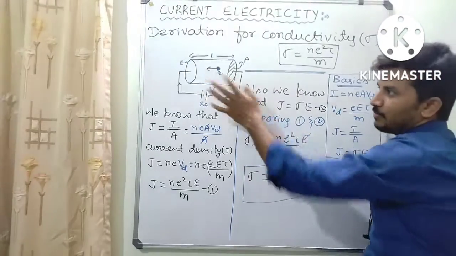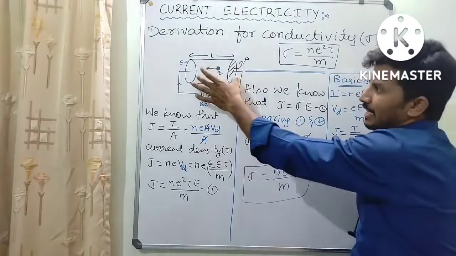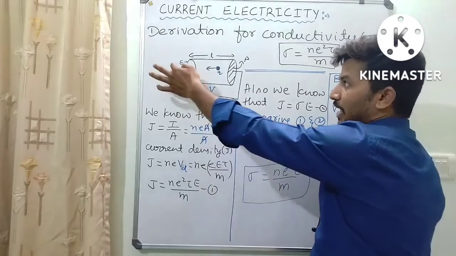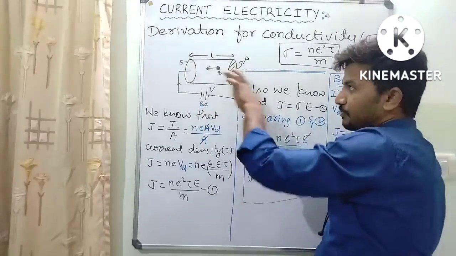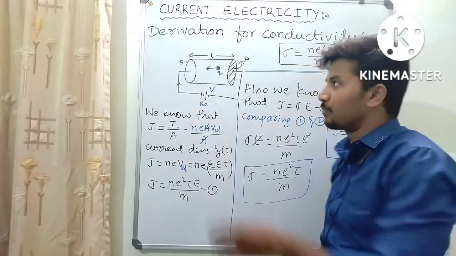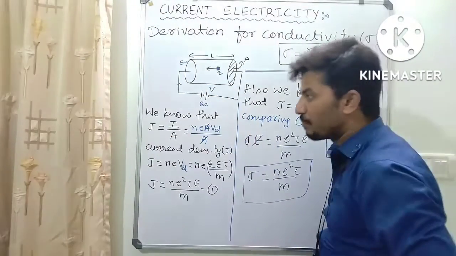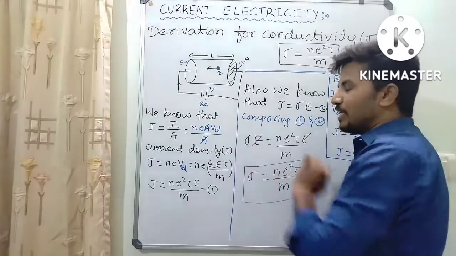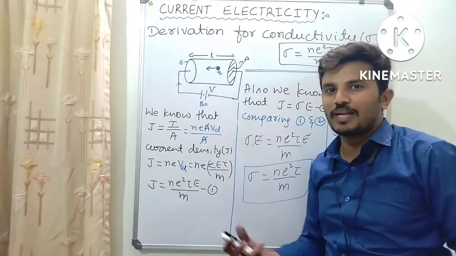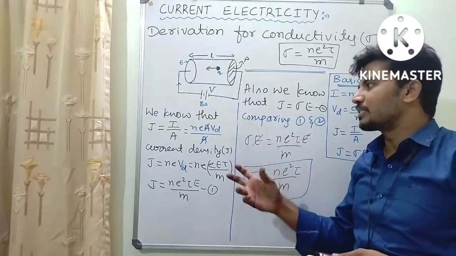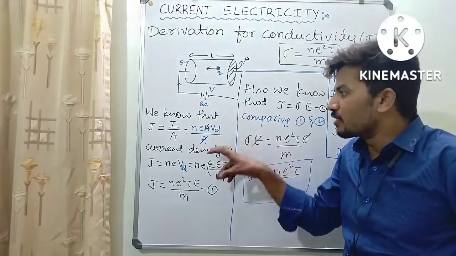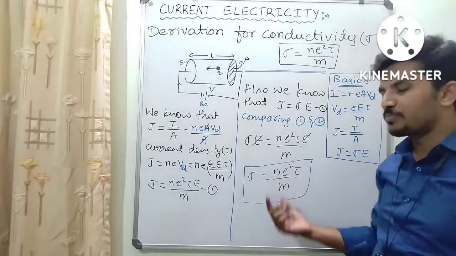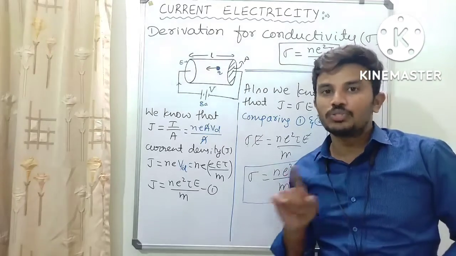First you have to draw a diagram and write a few sentences like: consider a conductor to which the potential V is applied by using a battery, and because of this external electric field the charges move in one particular direction that produces current, and current density is given by I by A. We also know that I is equal to NEA Vd, and Vd is called drift velocity. Like this you have to write a few sentences and at least explain the terms that you have used in the derivation. In the formula, if you explain what the terms are, that gives the weightage and you will not lose any marks.